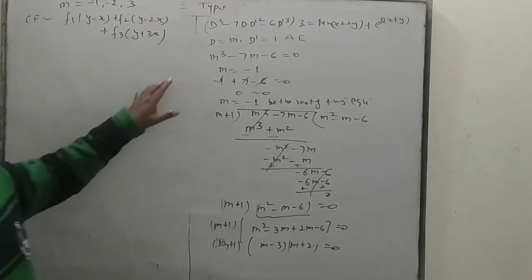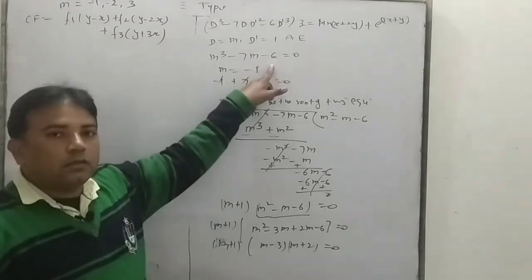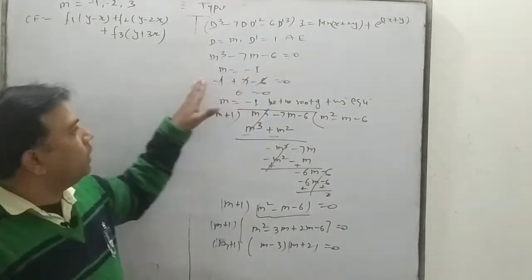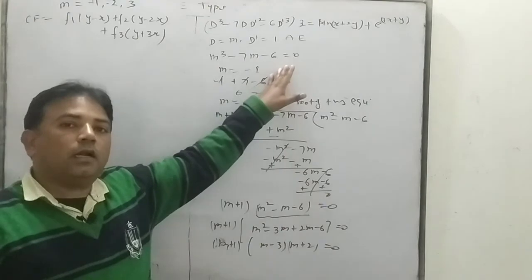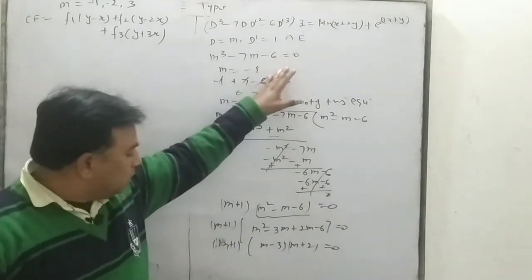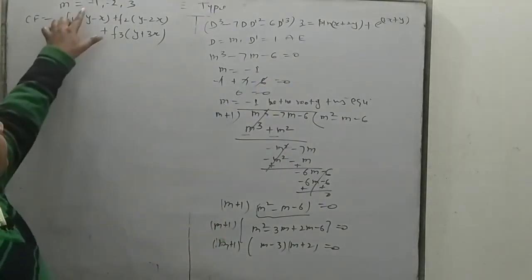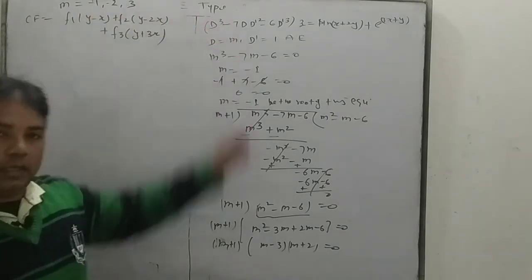Only this equation's solution was the problem, so we apply the remainder theorem method. Understand? Then we get the values of m: minus 1, minus 2 and 3. After then,